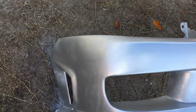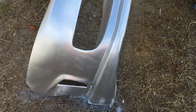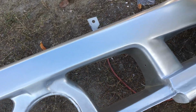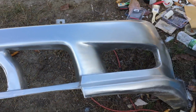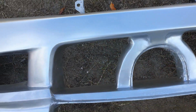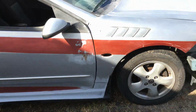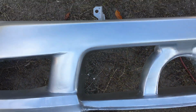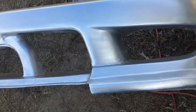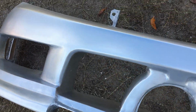Okay, so this is a lacquer silver metallic. Let me see what they call it. It's a universal silver. But I had the actual paint for this, the color to match the rest of the car. So I'm just going to do one coat of that over top of this after I do an 800 wet sand on it. And then I'll apply the lacquer, and then I can put my screens back in the